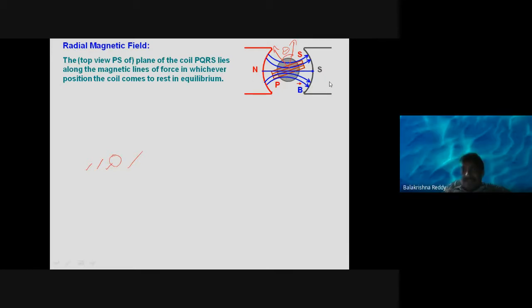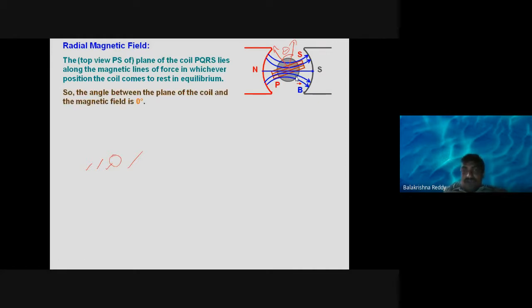I said the magnetic poles, north and south poles, are concave in shape. Due to that, what happened? If you use this type of shape, all the magnetic field lines are concentrated at the center. At the center, who is there? The coil is there. Since the coil is at the center, a large amount of effect we can expect. See, these are the red lines which you are seeing. This is a coil. Turns on the coil.